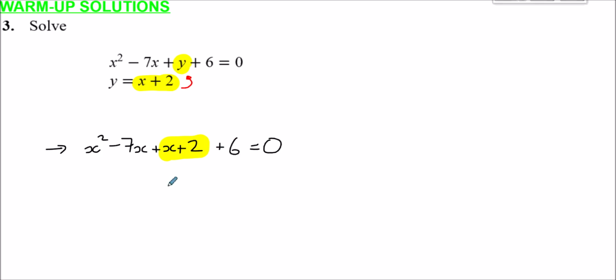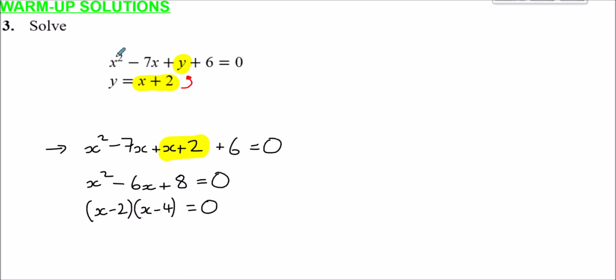So let's neaten this up. You have x squared minus 7x plus 1x gives us just minus 6x. Plus 2 plus 6 gives us plus 8, equals 0. So now we need two numbers that multiply to give us 8, but when we add them together give us minus 6. These two numbers are minus 2 and minus 4. So therefore, this pair of simultaneous equations has a solution when x is 2 or